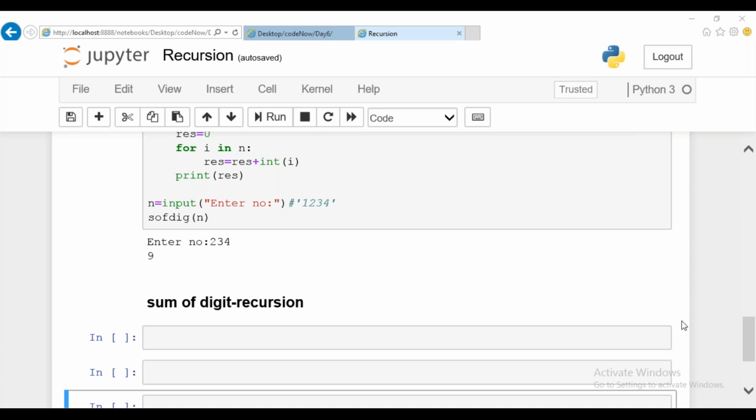Okay. Pavan, is that the recursive method whatever you have sent? Okay, good. Good, guys.